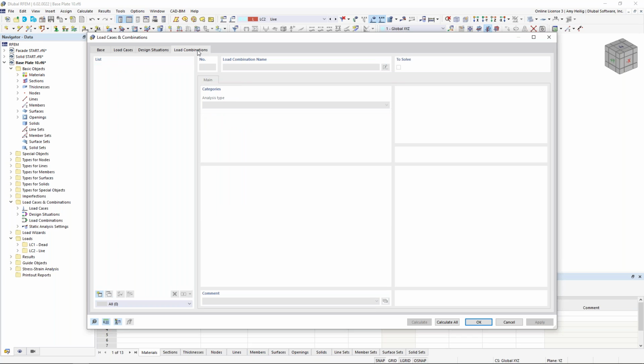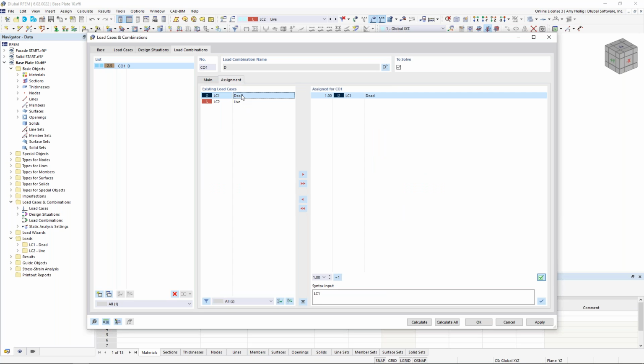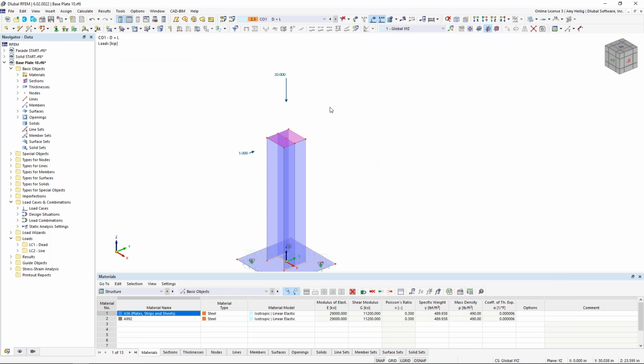So looking at our load combinations tab, it's empty because we need to manually create these. So I'll generate a new load combination here. Perhaps we change the static analysis settings to linear first order rather than second order. And under the assignment, we can select both dead load and live load. We could adjust the load factors if we'd like. We'll go ahead and leave this as a simple 1.0 dead plus 1.0 live. We click OK, and now we should see that load combination available to us along with both of those loads